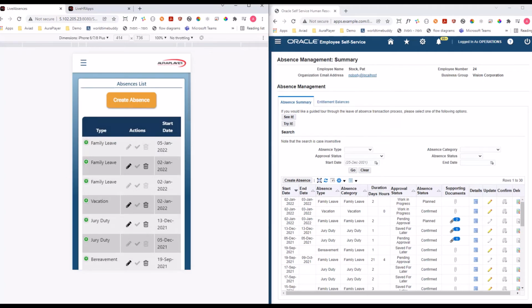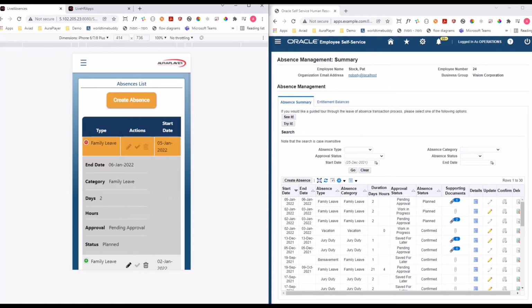If I refresh the EBS system here on the right side, I will see the line here as well, because as I said, we're working with the EBS system, and anything that we do on the mobile app will reflect immediately on the EBS system. Now, as you can see, my new absence is pending approval. So I've completed creating my absence,